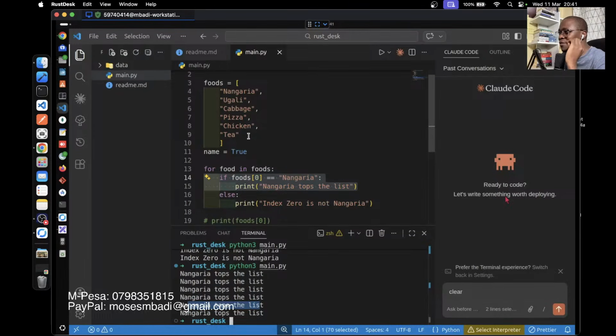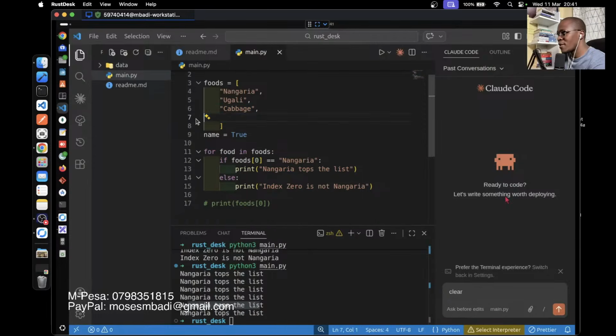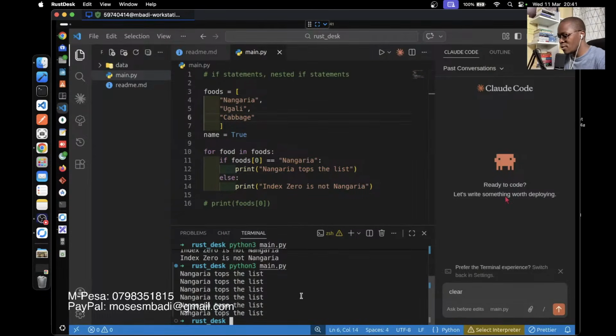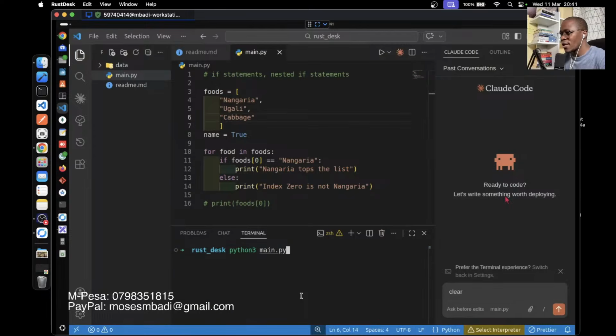So what if we have only 3 items on our list? Let's see if it will print this 3 times. So I'm going to delete everything and say Python, and then as you can see, it's printing 3 times. What if our list had only 2 items? Or what if our list had 1,000 items? The loop will run 1,000 times, okay? It's because the for goes through the entire list, okay?